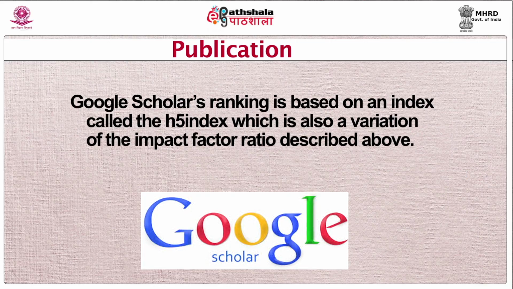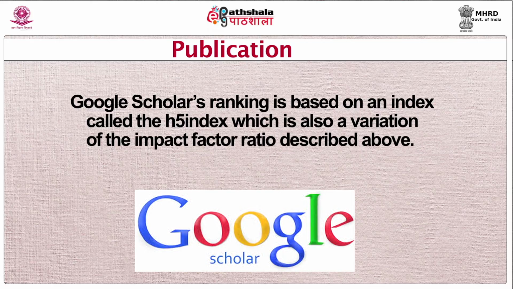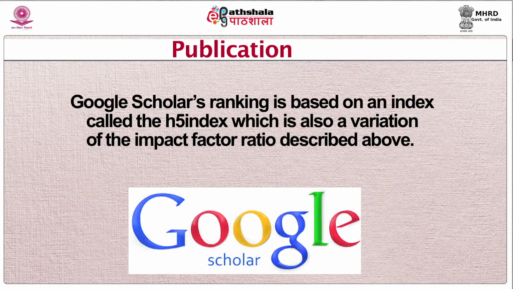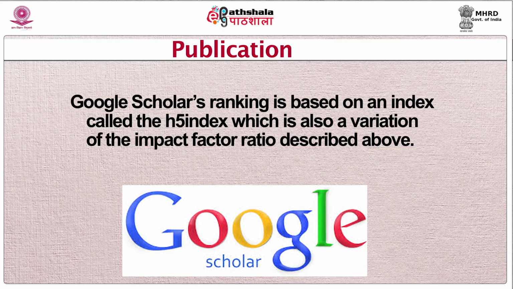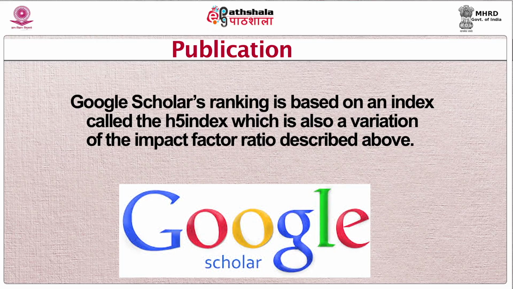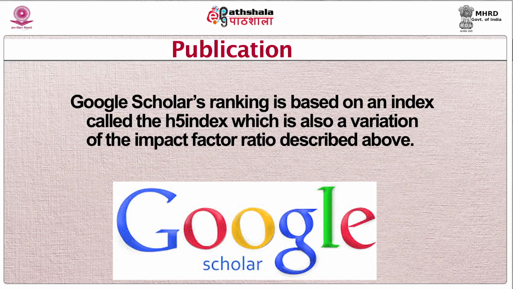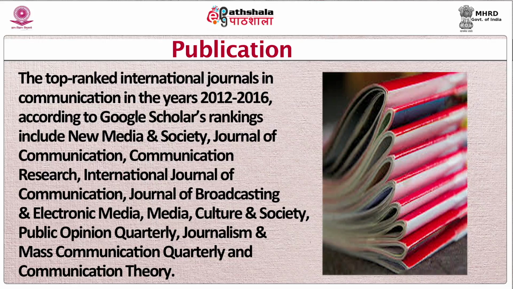Various organizations like Google Scholar and Scopus publish rankings of these journals. Google Scholar's ranking is based on an index called the h5 index, which is also a variation of the impact factor ratio described above. The top ranked international journals in communication in the years 2012 to 2016 according to Google Scholar's ranking include